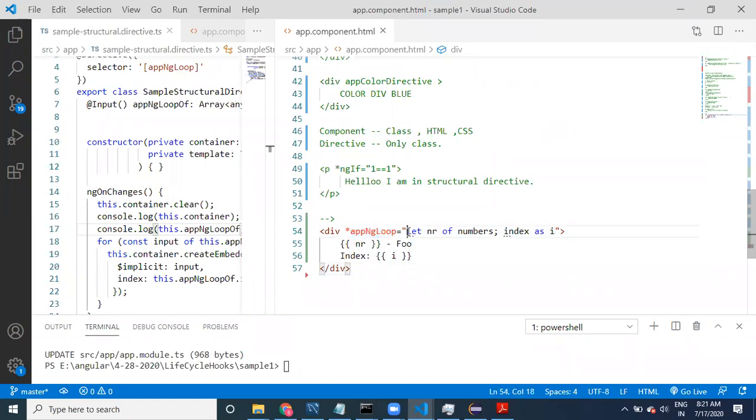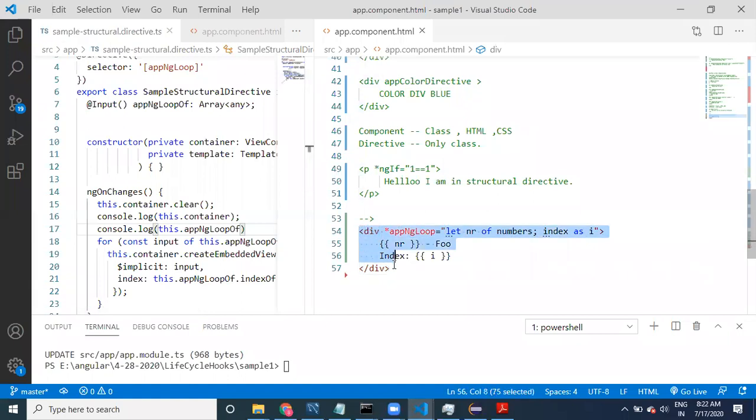Let's look at it. Some string is provided inside the ng. This is our own structural directive. If you want to use our own structural directive, we have to do something else. The first thing you need to do to access a structural directive is apply a star. If it is a structural directive, it has extra privileges. What are the extra privileges that we can see?